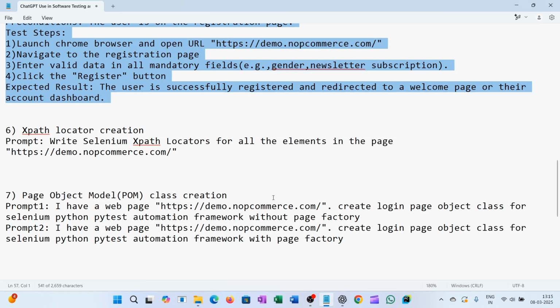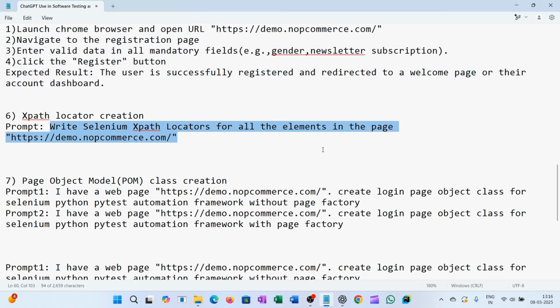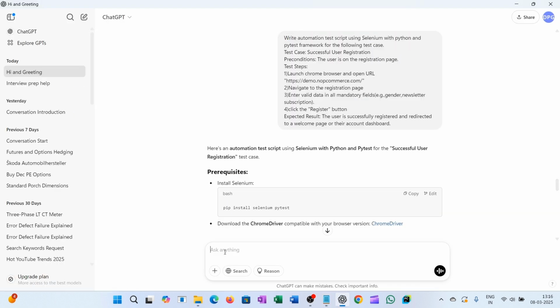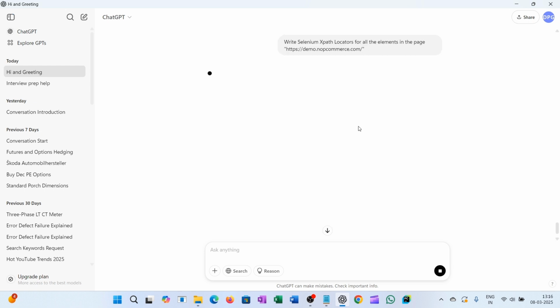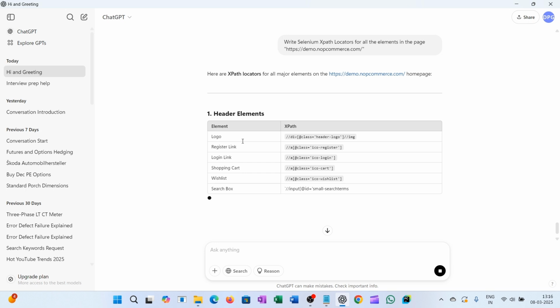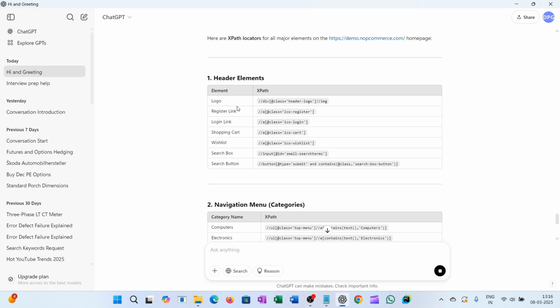Now we'll see how to locate XPath. This prompt says: write Selenium XPath locators for all the elements on the page. Let's take it, go to ChatGPT, paste it here and try to search. You can see at this link, demo.nopcommerce.com, there are the logo, register link, login link, shopping cart, wishlist, search box, search. So these are the header elements, the navigation menu,